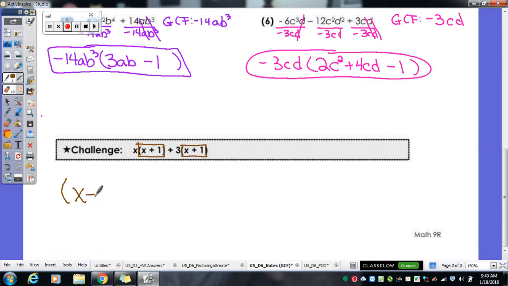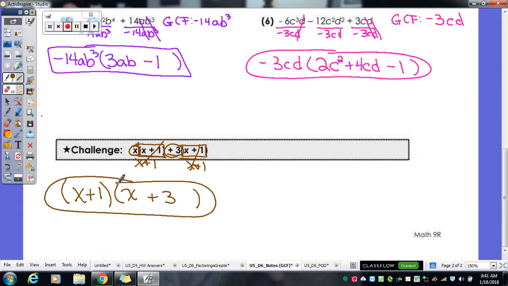So whenever you have 2 terms as your GCF, you have to put it in parentheses. And then when I divide by the x plus 1, those cancel. We're left with the x and then the plus 3. That would be our final answer for that one. Well, no, because we could do the parentheses and then we have 2x